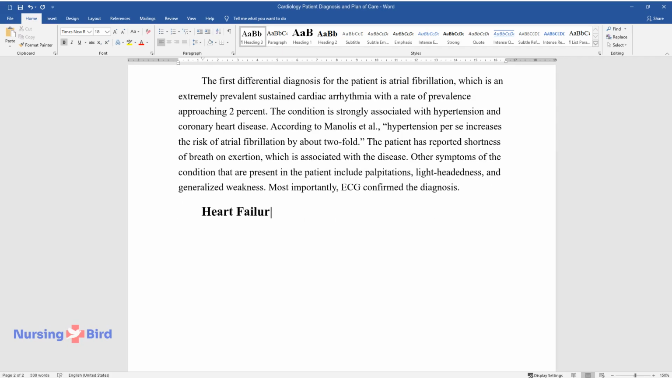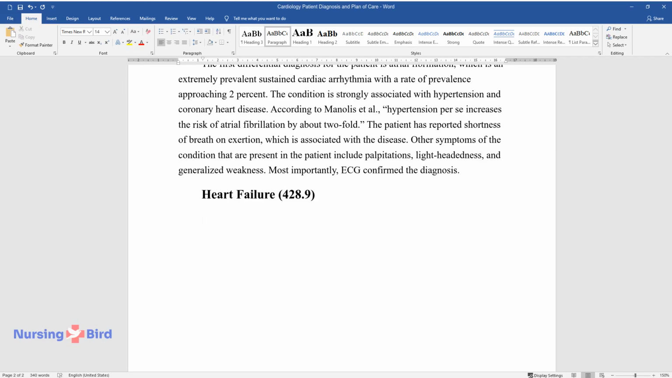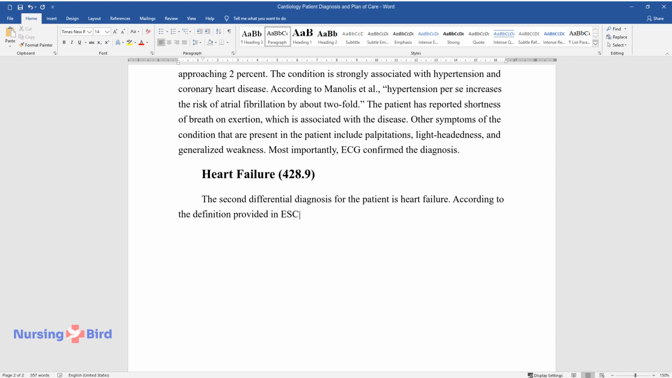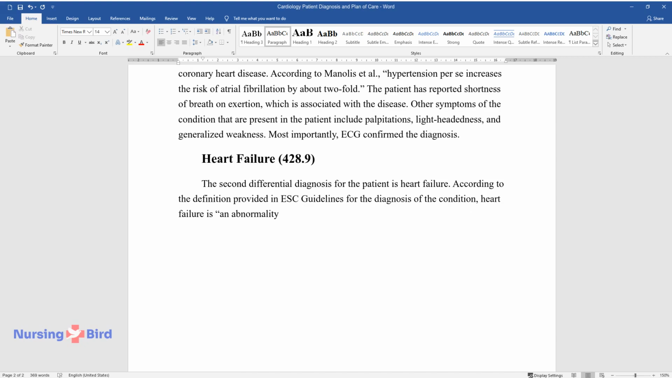Heart failure, 428.9. The second differential diagnosis for the patient is heart failure. According to the definition provided in ESC Guidelines for the diagnosis of the condition, heart failure is an abnormality of